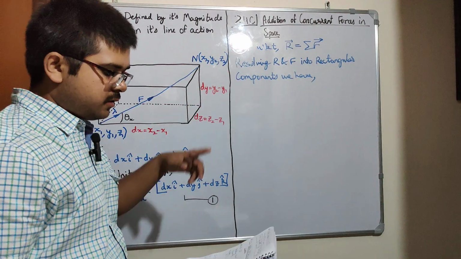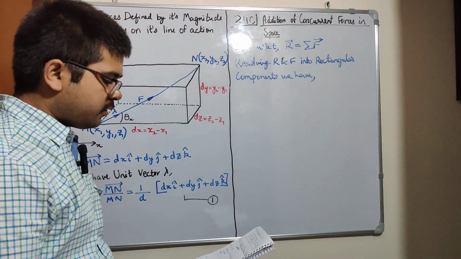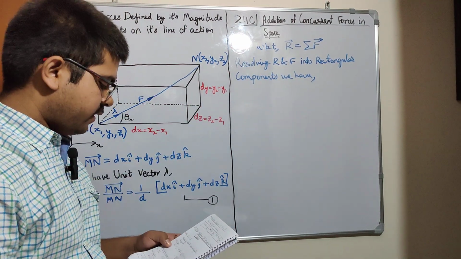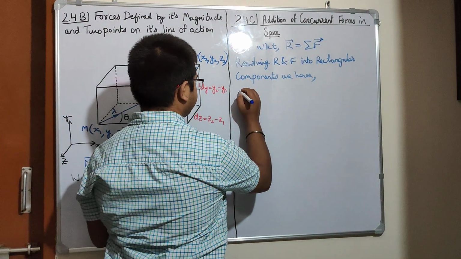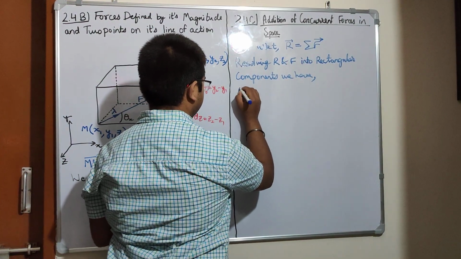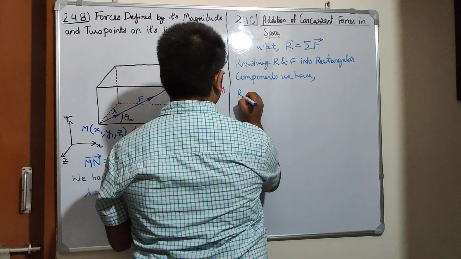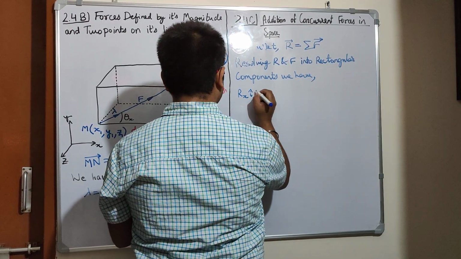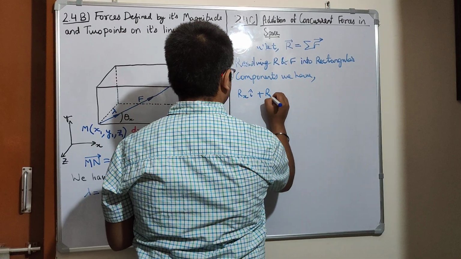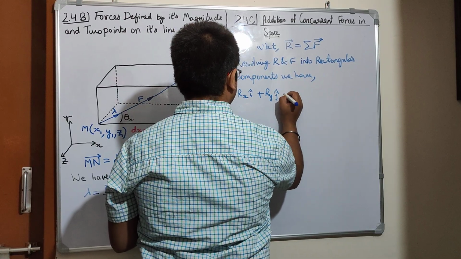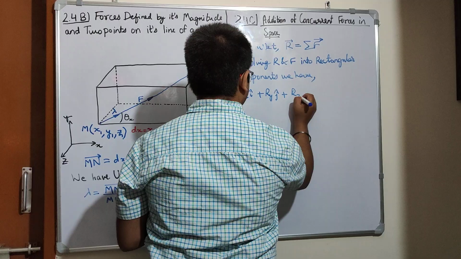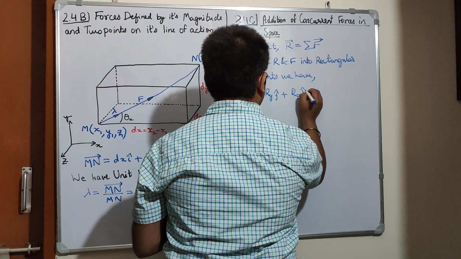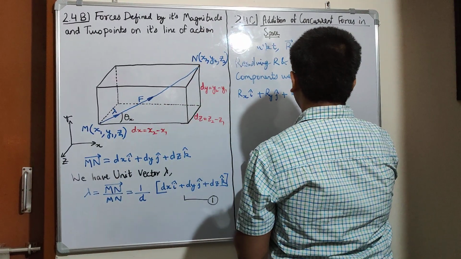Resolving R and F vector into rectangular components, we have R vector: Rx i cap, Ry j cap plus Rz k cap equals